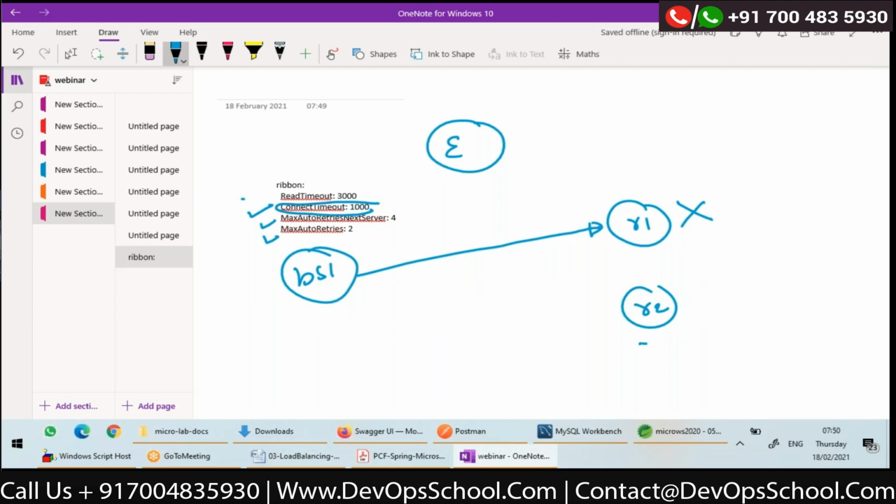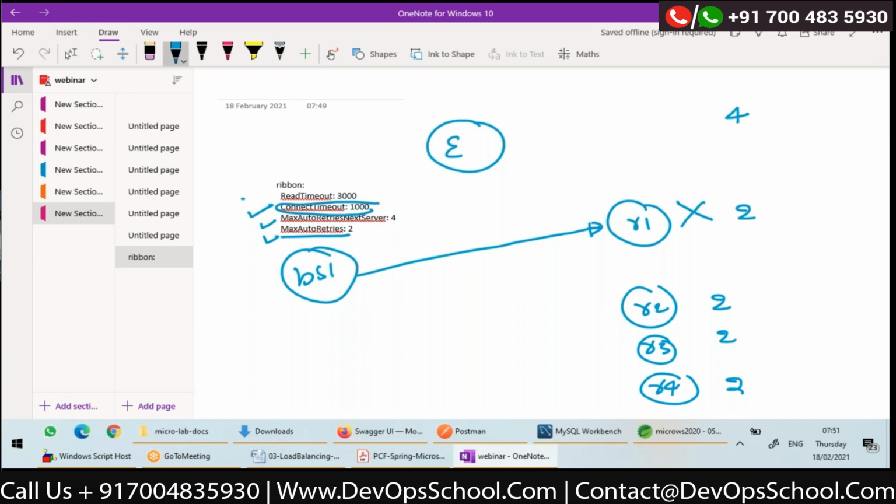So let's assume that you have 4 instances for demonstration. Now max auto retries for each instance will be 2. So 2 times retry can be done on one instance, and max auto retries to next server is 4, I configured. Right. So let us see what will happen.